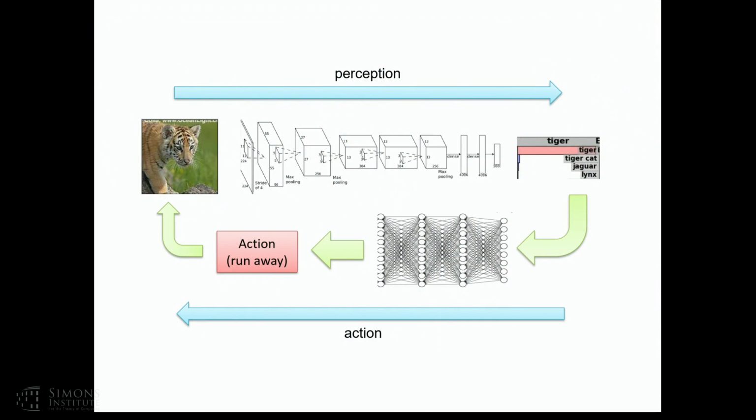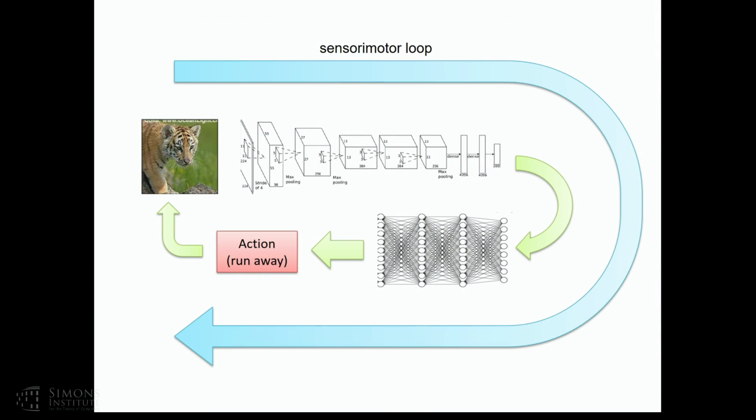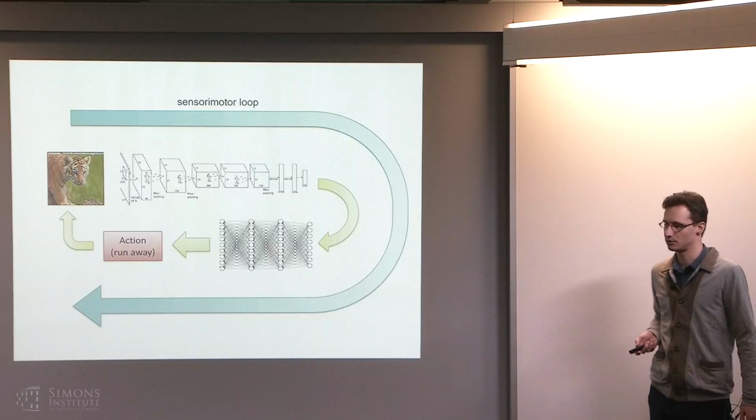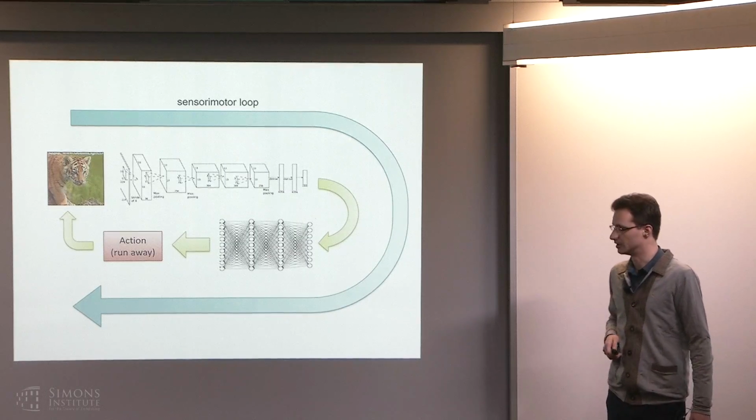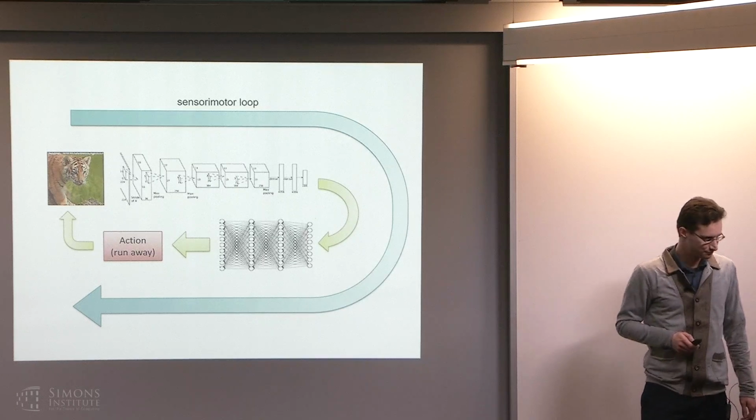And what I'm going to discuss in this talk is how we can actually close the loop on perception and action and consider them jointly. So that instead of designing a pipeline that tells us something about what we're seeing, and then another pipeline that uses that to decide what to do, we can train them all together. So why is this something that we might want to think about?